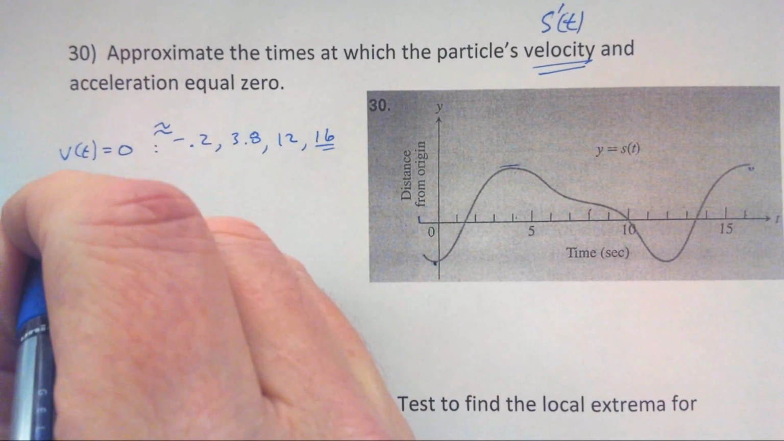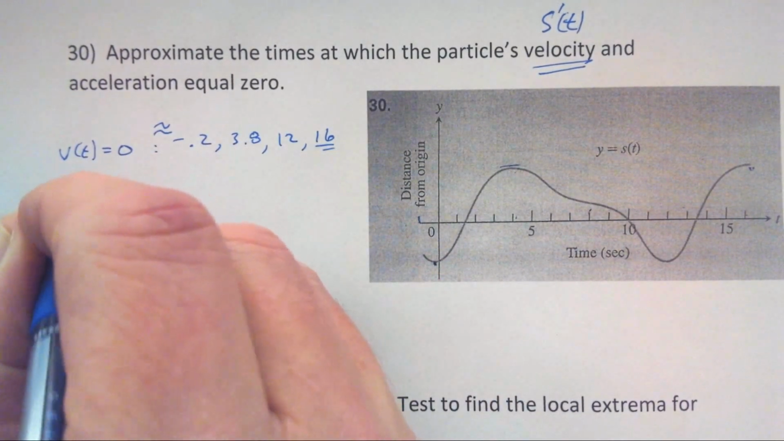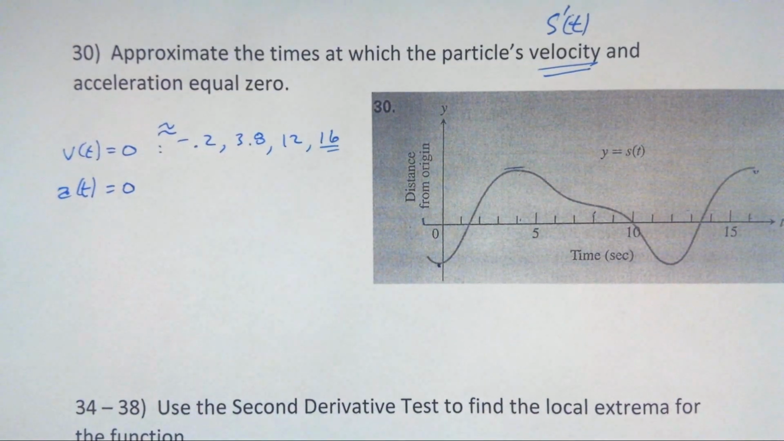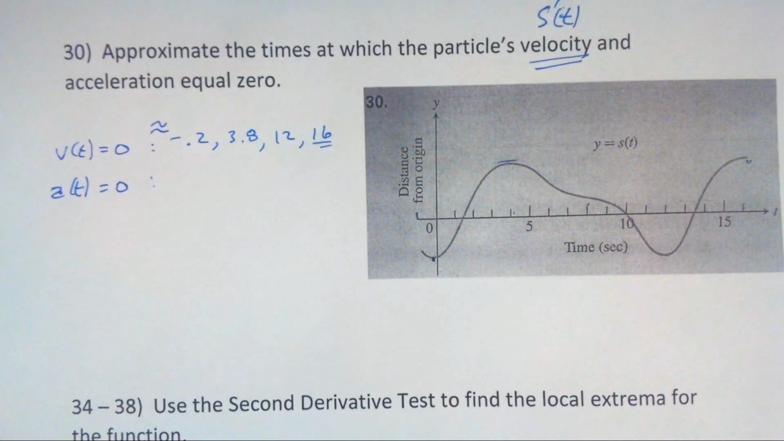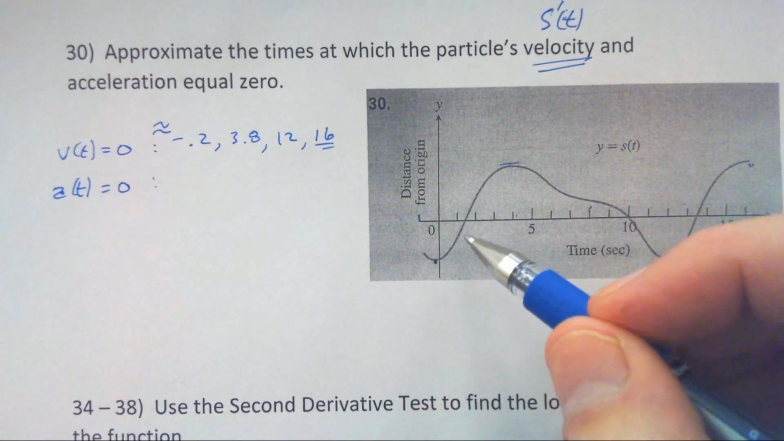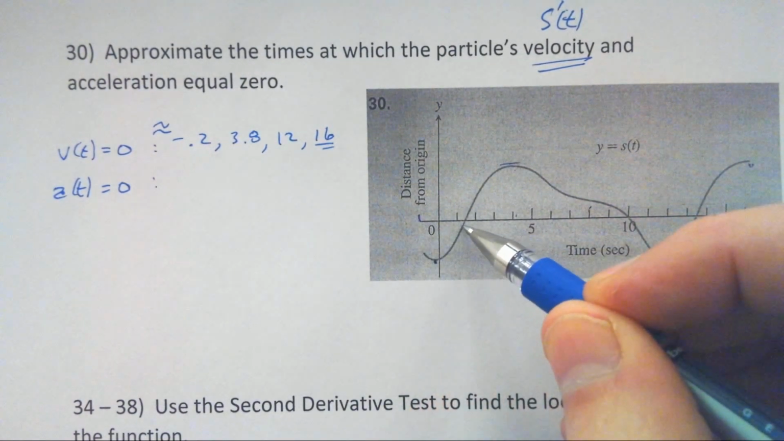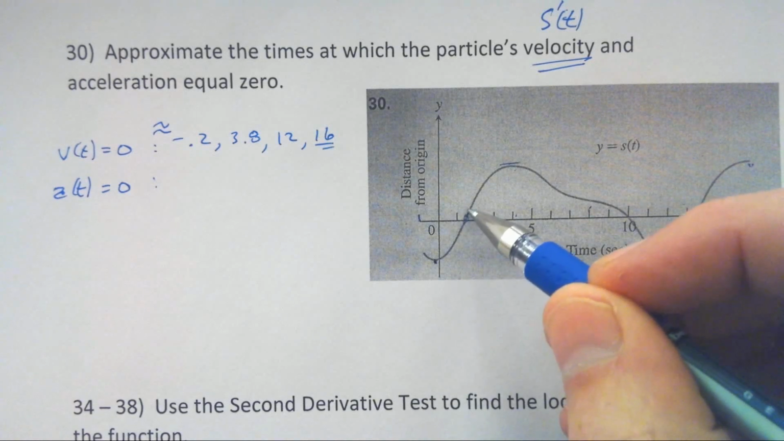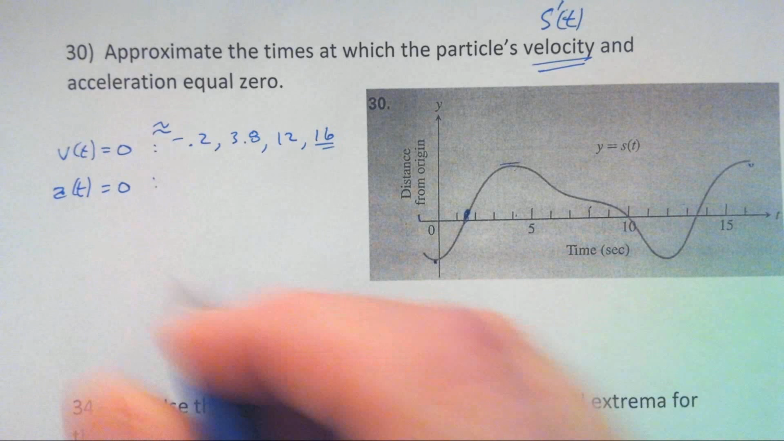Okay, acceleration is 0. Acceleration of our position function is our cupping of it, and acceleration is 0 when the cupping changes from positive to negative or vice versa. So here we are cupping up. Somewhere along the line, I'm cupping up, cupping up. Boy, it looks like it's right in about here. I start cupping down right in there, and that is at about